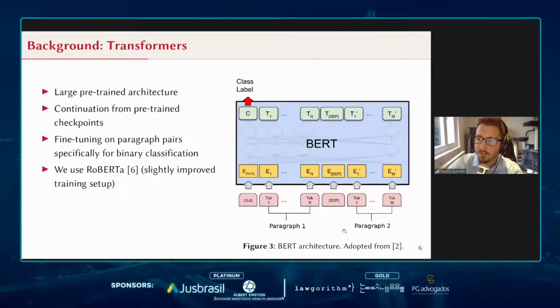For the fine-tuning as a binary classification task, the architecture basically looks like this: we feed in 2 separate paragraphs as a single sample, separated by a special token, and will retrieve a class label that is then the prediction of whether those belong to the same topic or not. A small implementation detail here, we're actually using RoBERTa because it has slightly improved performance on all tasks, but we have experimented with BERT as well in this work.